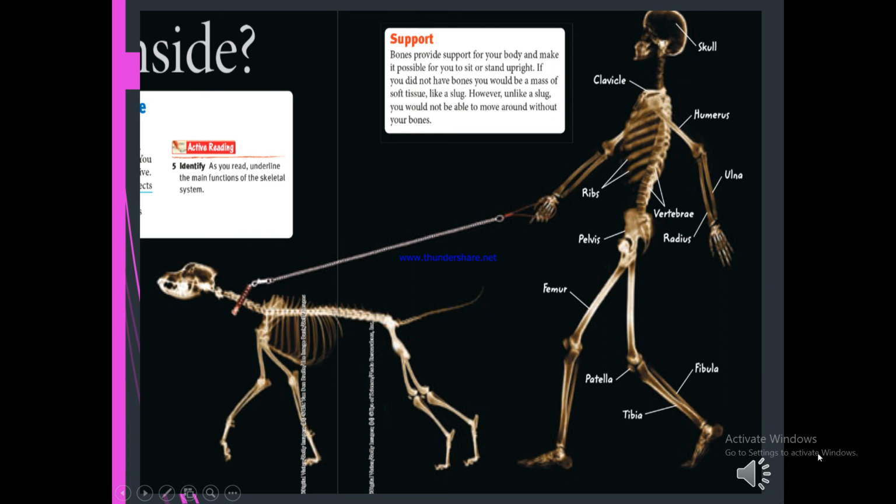What is this man doing here? He has taken his dog on a walk. Okay guys, other than